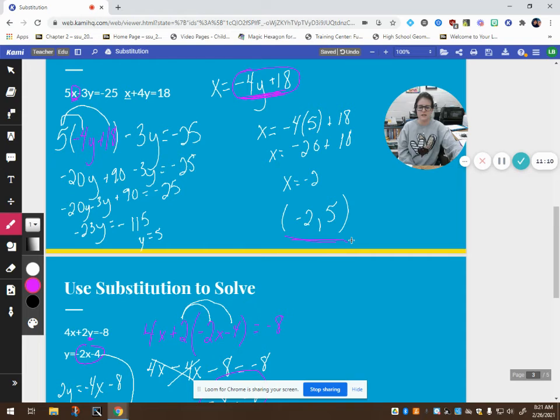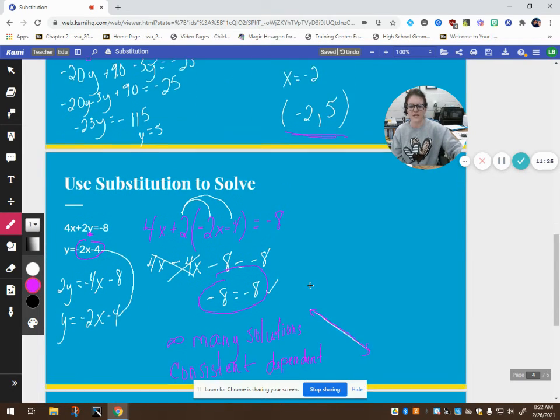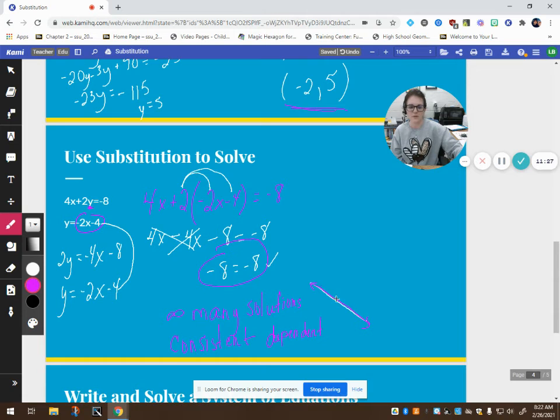solution. Independent people do things by themselves. Think about things that you already know and understand and relate it to the math. Independent, I do it alone. I don't need anybody's help. I am an independent woman. So an independent solution means there's only one. It's all by itself. Dependent means it depends on which part of the line I'm looking at. There's infinitely many solutions, so it depends on which solution I want, which one I can give, because there are